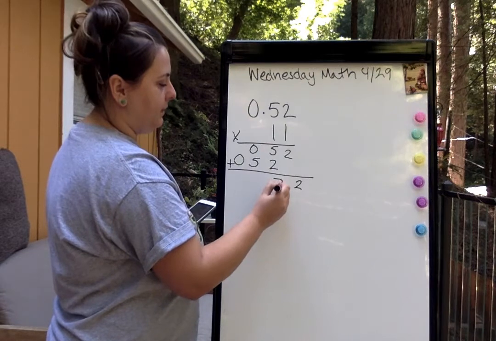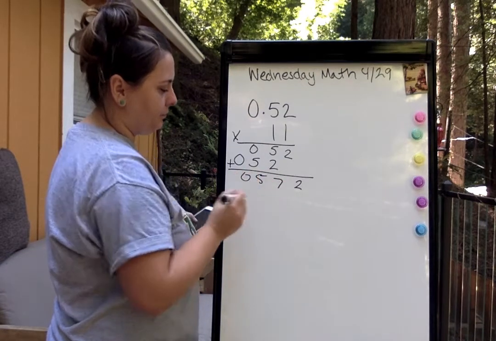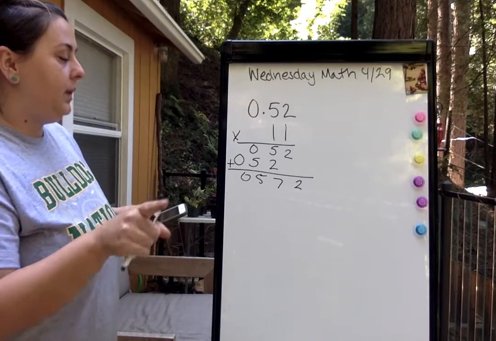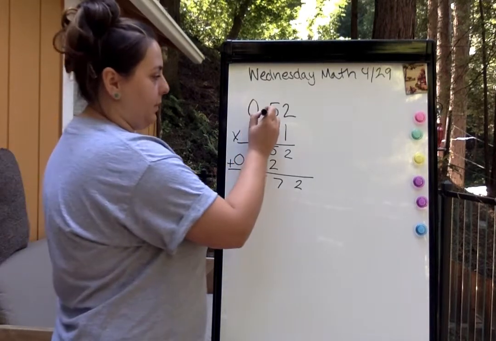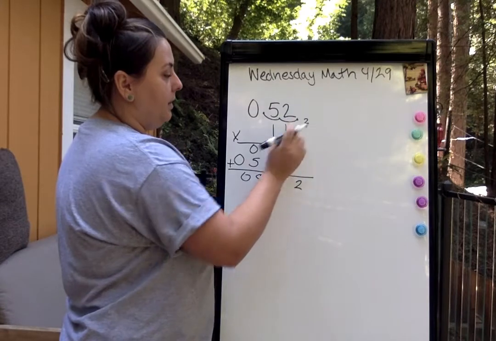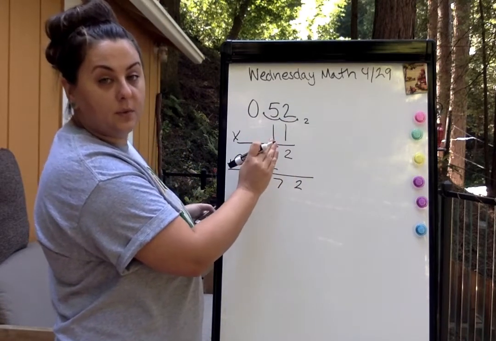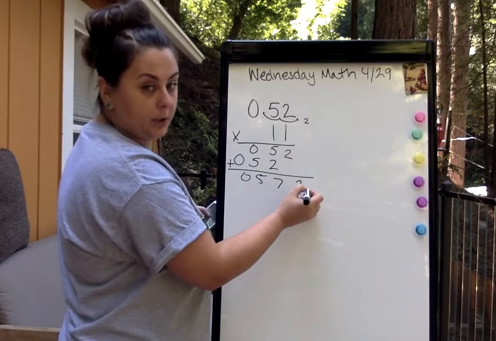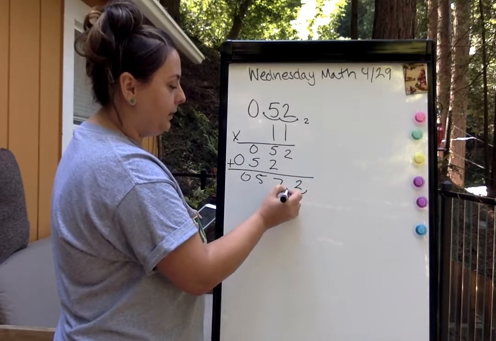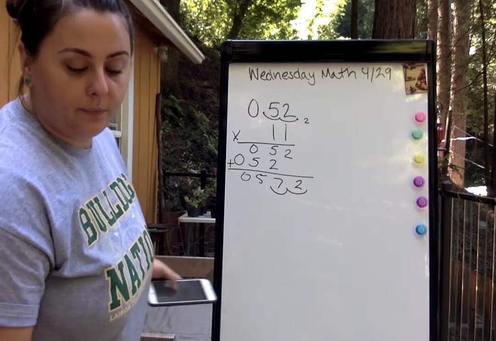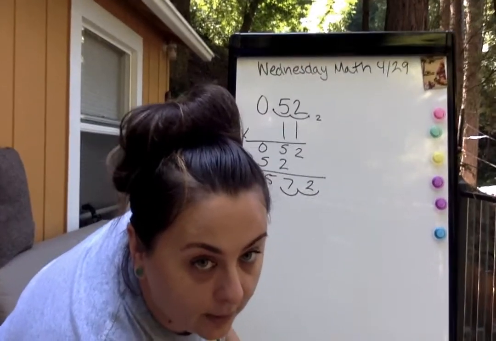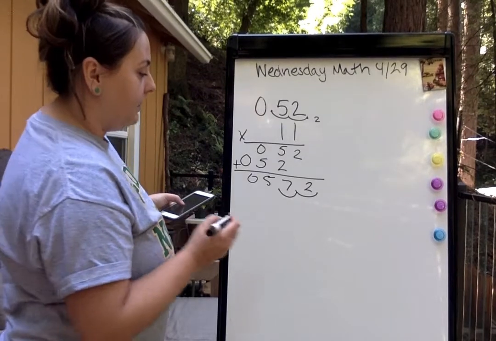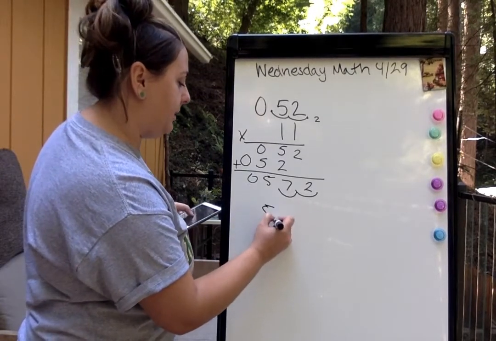5 plus 2 is 7. This is going to be 5. We have the 0 here. Now we need to count the spaces to the right of the decimal point. So 1, 2. There's no places to the right of the decimal point here. So we're just going to come over to our number and we're going to come over 1, 2. Okay? I'm going to move this forward a little. There we go. Better? Closer? Good. So he paid $5.72